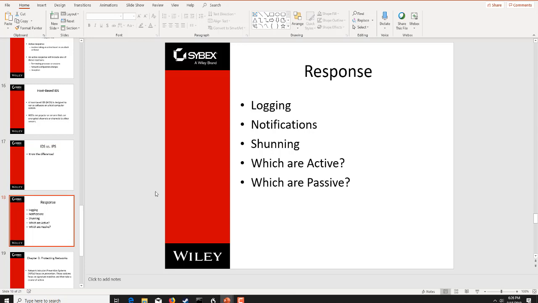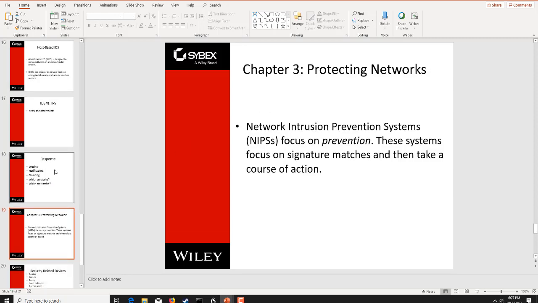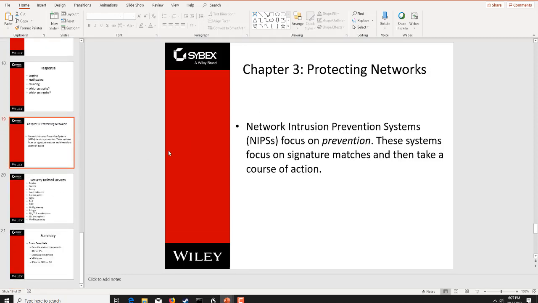So, how do we respond to this? Logging, notification, shunning, which are active, which are passive. That's going to be a big part of the test. All right, and then as we wrap this lecture up here today, we're going to look at how we protect